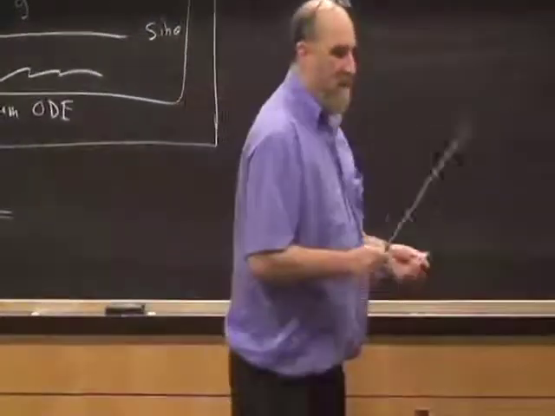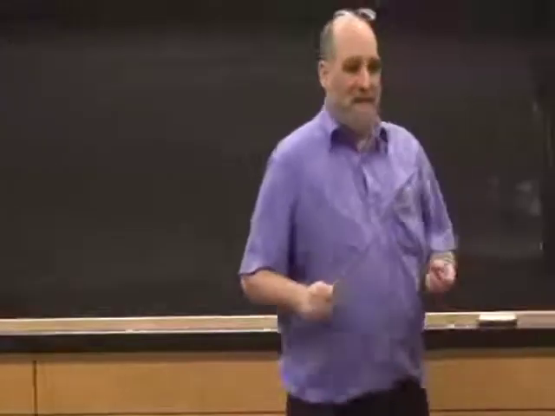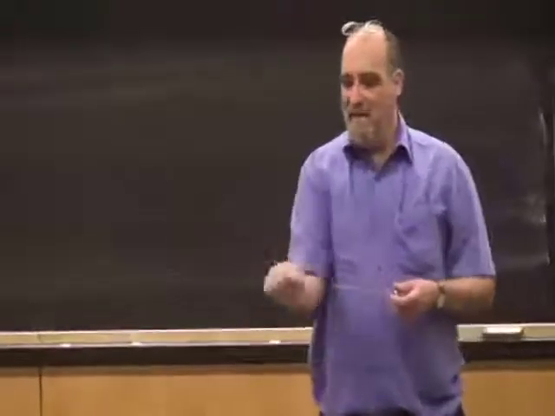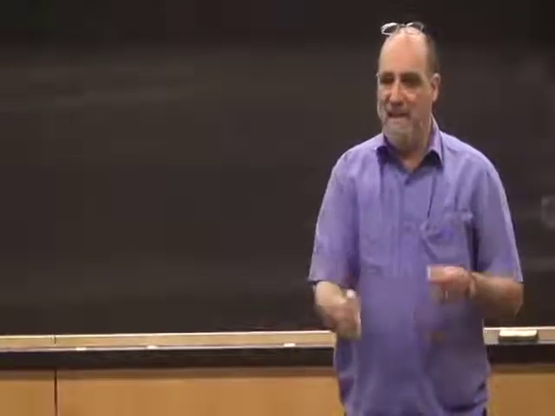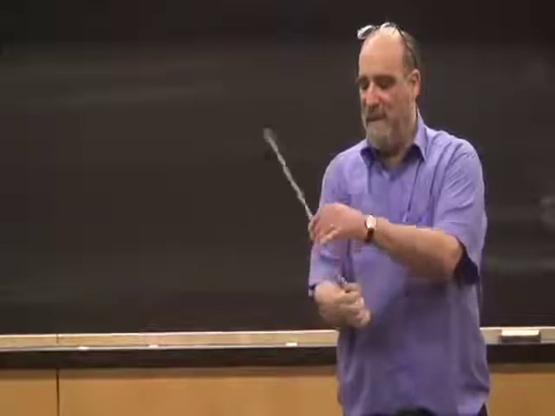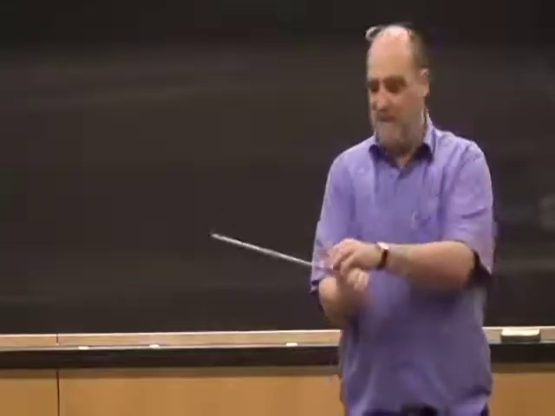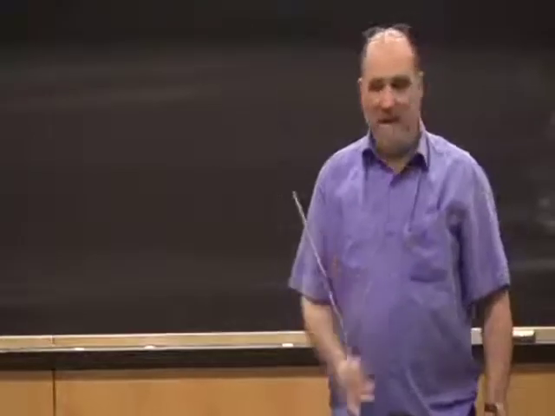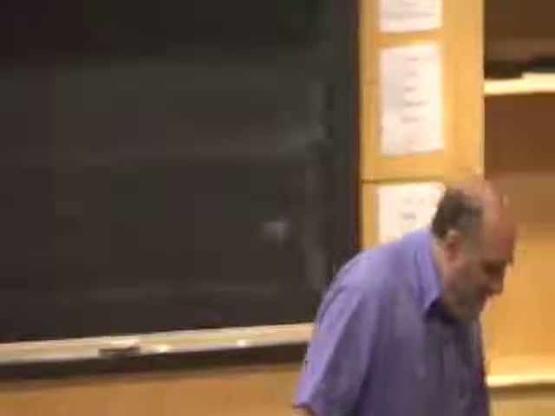So the problem I want to do is I want to have a bead that slides on a rod. So here's a rod, and I'm going to take this rod and I'm going to flick it like this, and I'm going to have a bead which is on this rod, and I'm going to flick it, and this bead is going to go like so. So the problem is I take this bead and it goes like this, and I'd like to predict that motion. So it goes pretty fast,